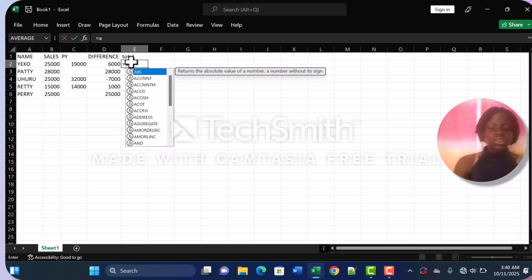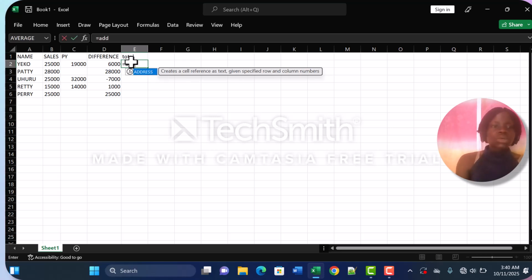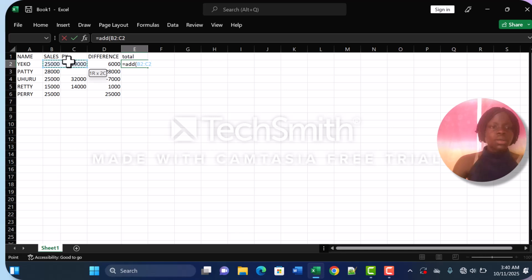We put this add. Then we open bracket and put this here. We close and we enter. Then you'll be able to see the hash name. What is it trying to show us? It's trying to indicate that the function or the name you have used is not relevant to